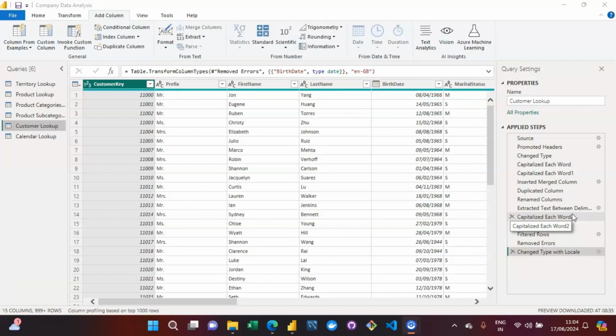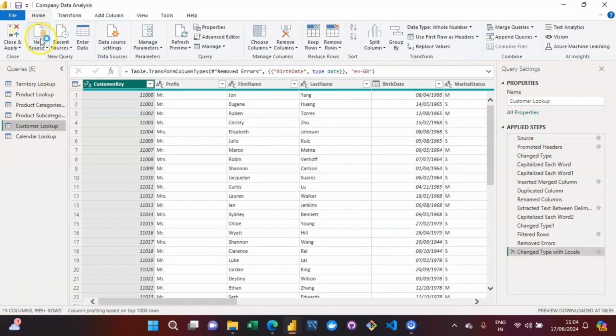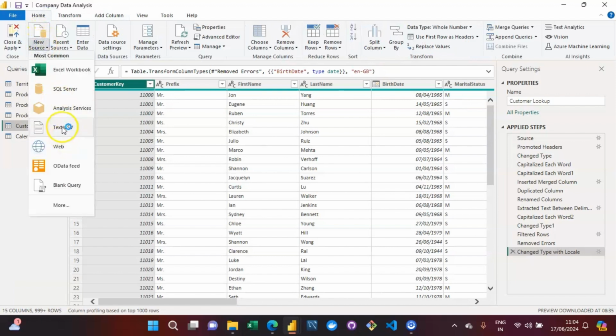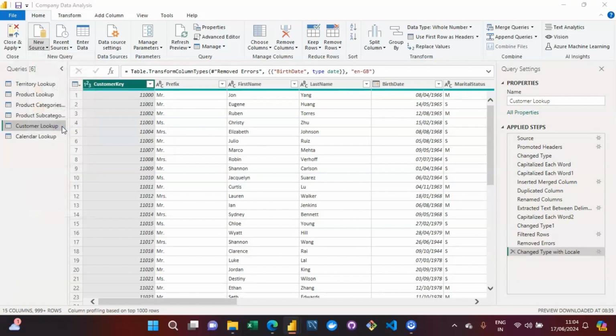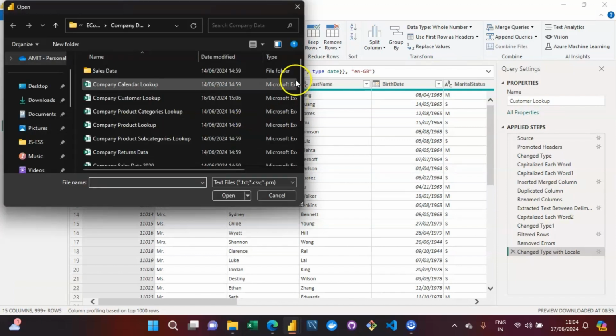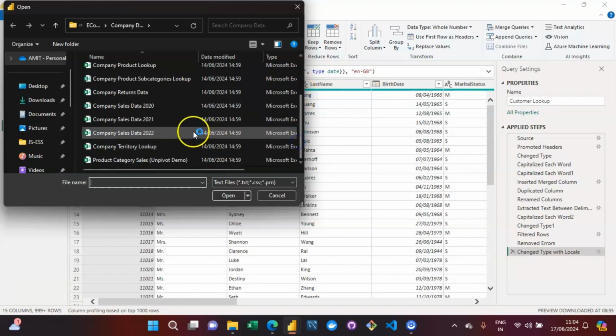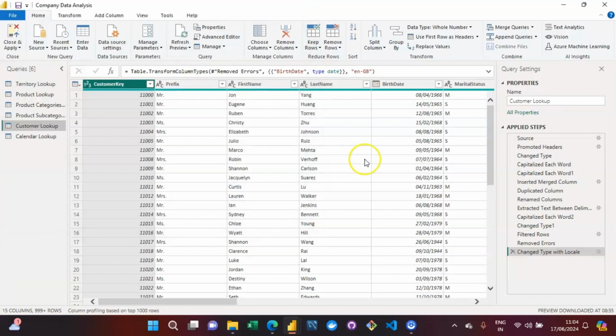So we will be discussing that by looking into one of the examples by using one of the CSV files, right? So we are having one of the CSV files in our folder itself, and that is discussing the sales data. So up till now, we haven't looked into the sales data, right? So now I will be extracting the information regarding the sales data by making the use of this option itself. So we are going to make the use of this text CSV extraction, and now I will be extracting the sales data from the year 2022. So we are going to open it,